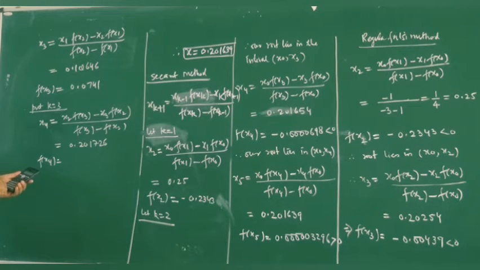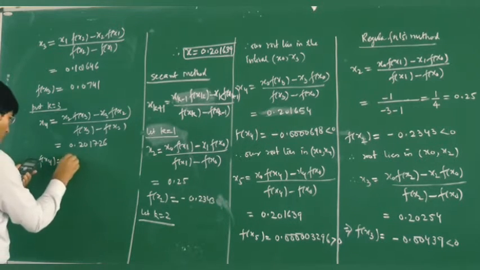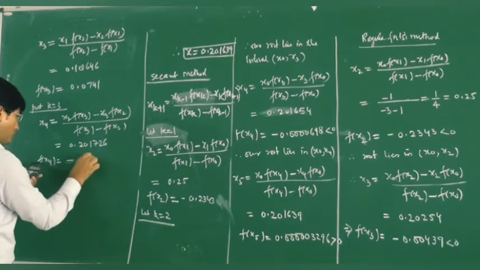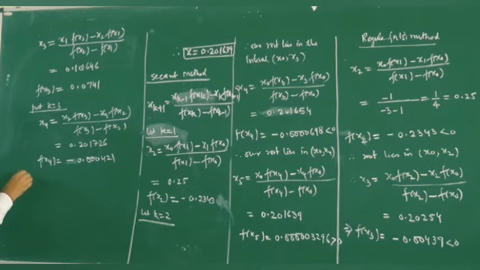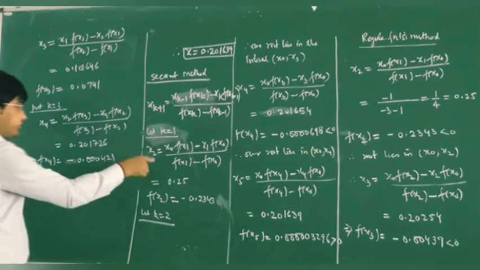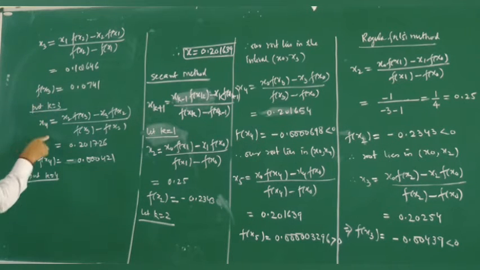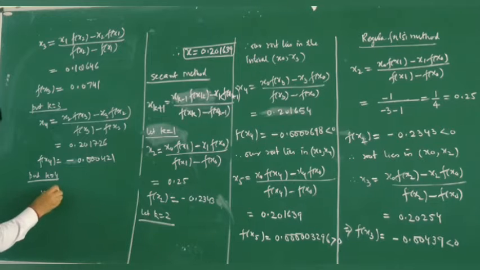So the value of the function at this x4 is equal to -0.000421. You put k equal to 4. So this was your first iteration, then we have the second iteration, now this is the third. In the fourth iteration, our x5 is equal to,